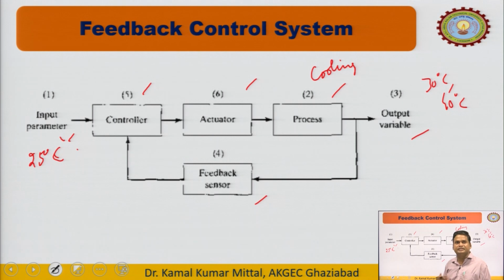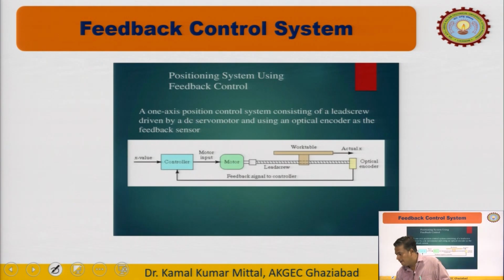Similarly, we can take a different example of this feedback control system. This is another example of feedback control system. In this, what is there? This is basically used to check the distance moved by the work table, which is going to move, and then we find the difference value between the work table and controller, and if the difference is 0, then this motor will stop. This example we will discuss in detail in the next